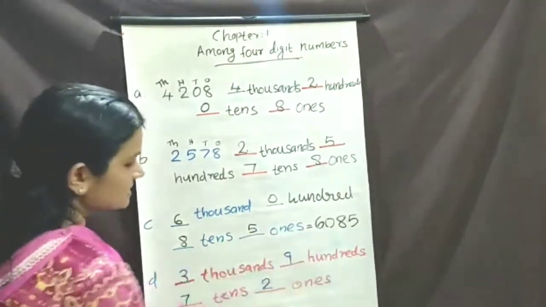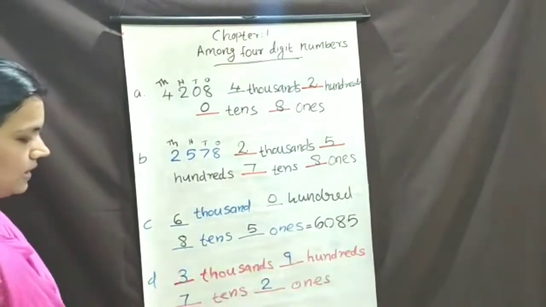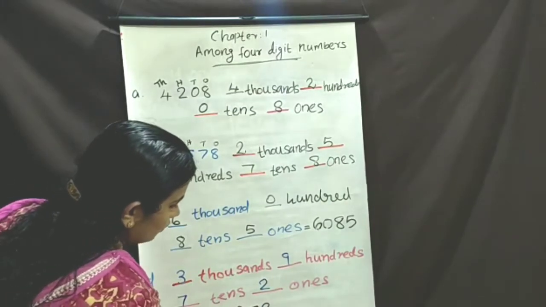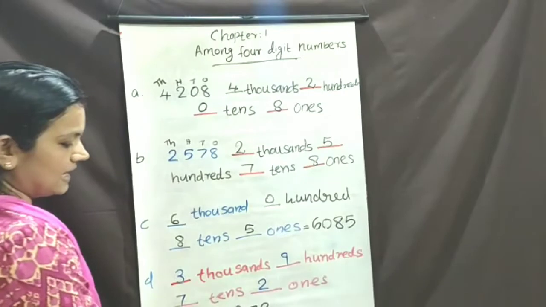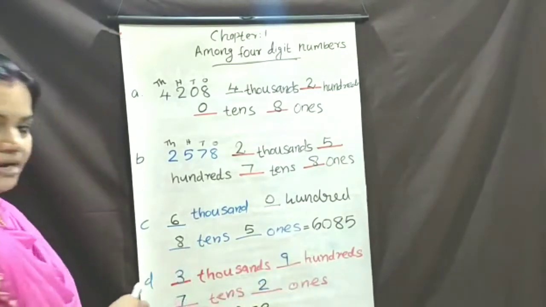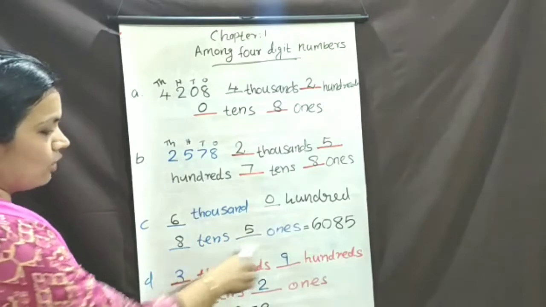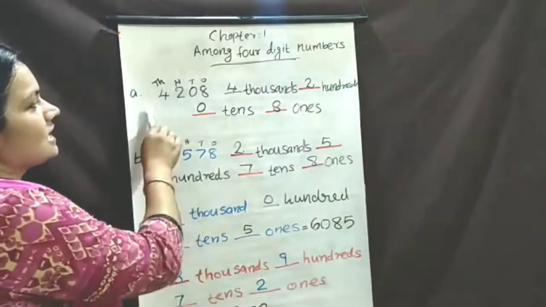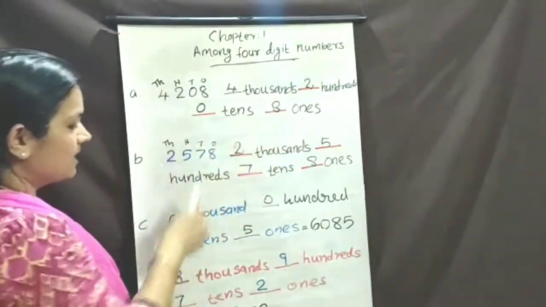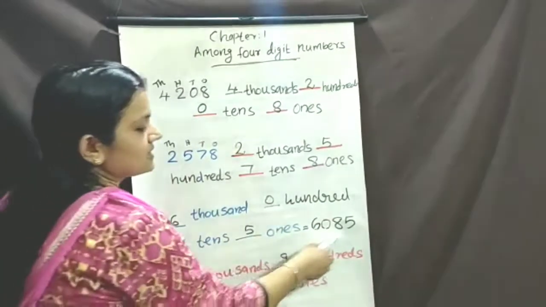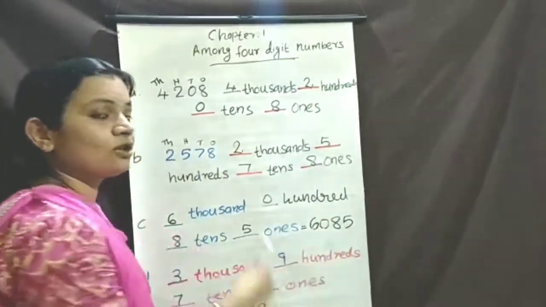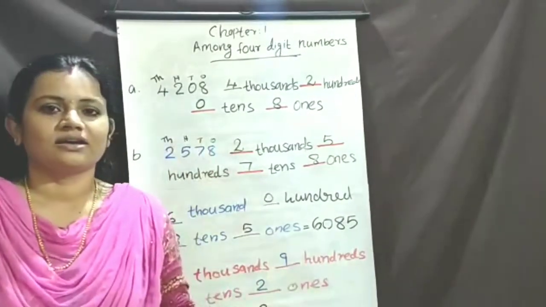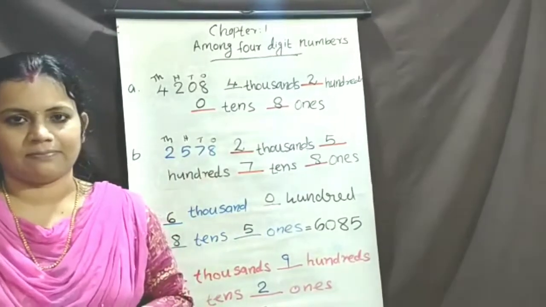Simply, all places are given here. So what can we write? 3, 9, 7, 2. Read this number: 3972. All places are given, so easily we can take each number and write it. 3972. Writing the number when the expanded form is given means writing the standard form, that is, you write the numbers. Understood this topic? If you have any doubt, ask me during class time.